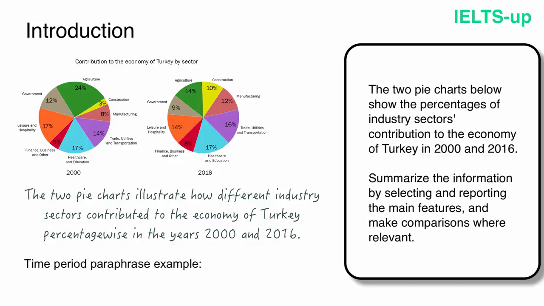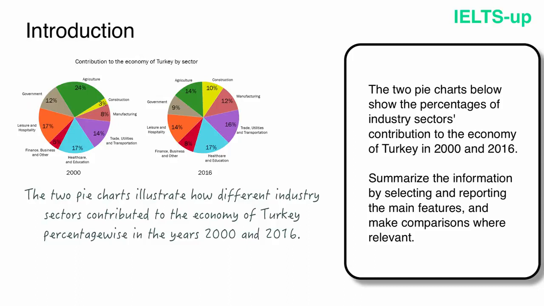For example, in 2015 will become in the year 2015. In 2015, 2016 and 2017 will become in the years 2015, 2016 and 2017. Okay, that's all with our introduction. It is clear and specific, so when the examiner starts reading this essay, he will easily understand what our pie